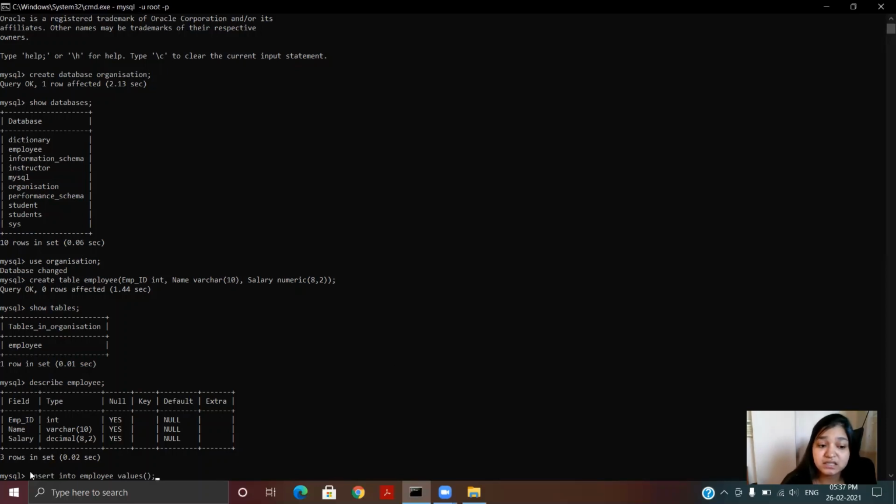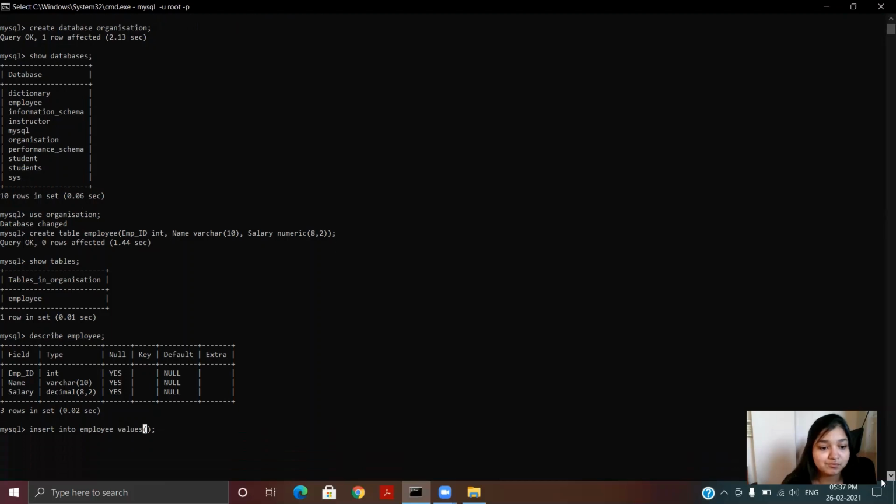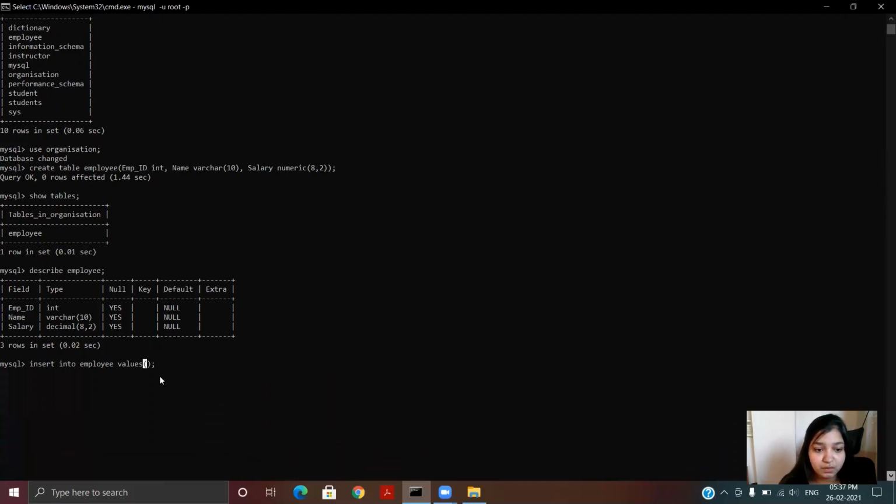So here insert into and values are the keywords, and here we'll enter the values that we want. For the employee number, I'm taking employee ID as 1001. The name I am giving as Clara. Since the name is a variable character length string, we have to give it in single or double quotes.